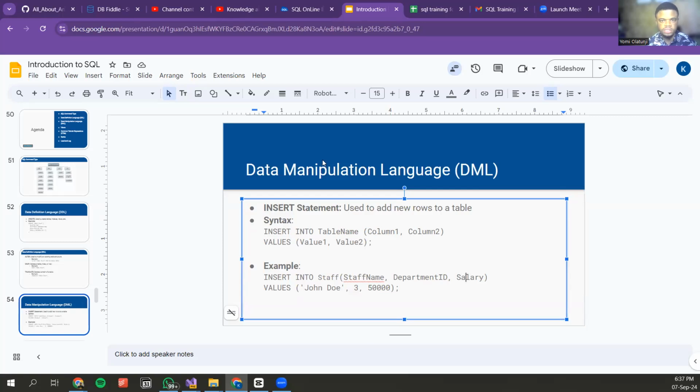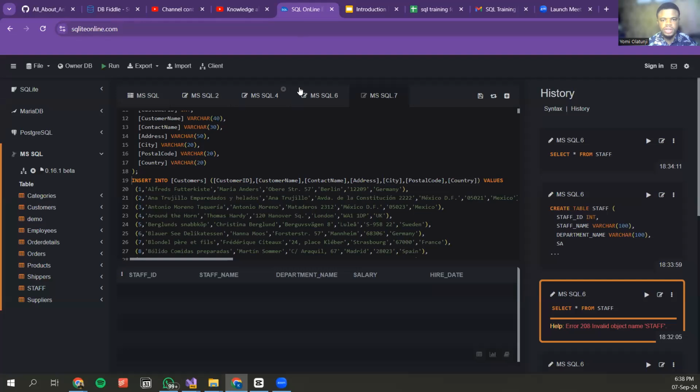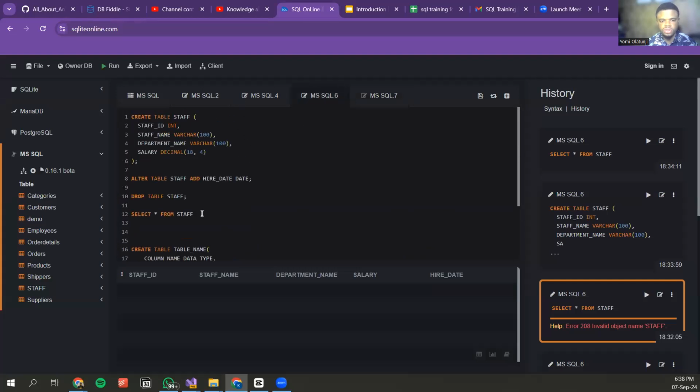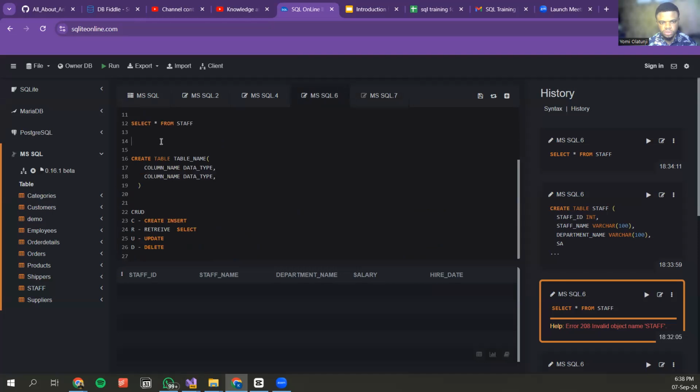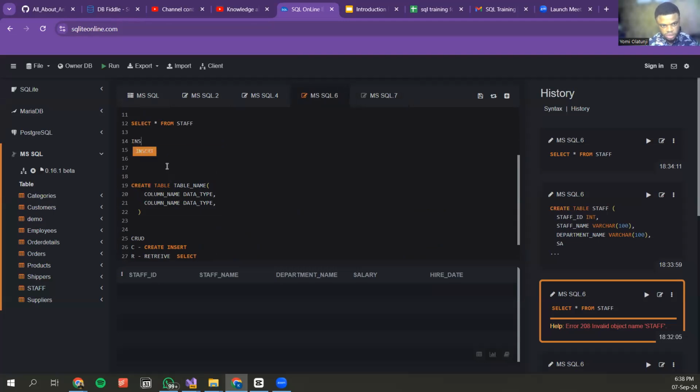Okay, so let's try that out. I want us to also insert records into our table. We've created a table called staff, so it's time for us to populate that table with data. Insert record: INSERT INTO, then the table name. The table name is staff. The columns you're trying to insert into: